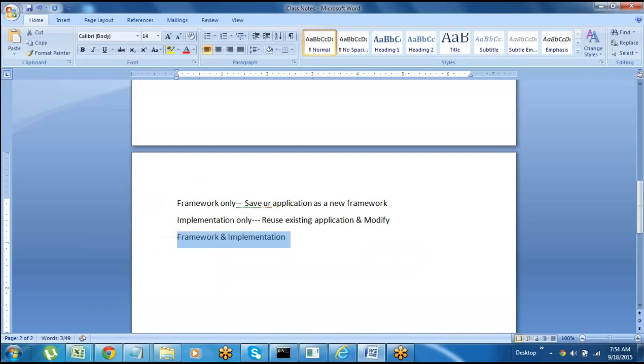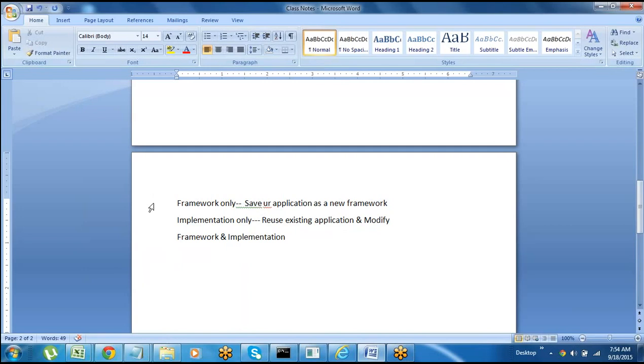And for framework and implementation, normally in real time we'll choose both options. We will not separately select framework and separately select implementation. Every application will be saved as a framework, and if you want to add any framework separately, you can add it using the implementation option. So in real time, for any application you want to build, they'll choose the option framework and implementation.